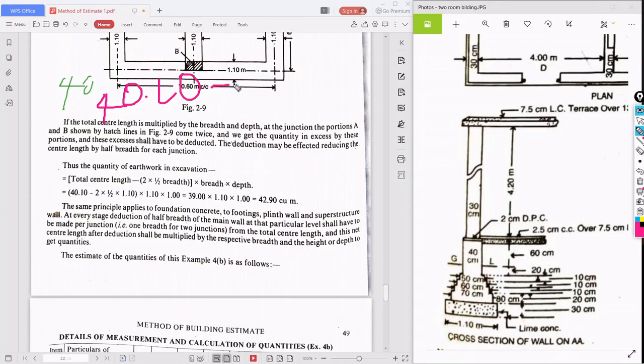40.10. Now we have to deduct what? If there is a junction, 2 into half of that item of the work. This is the formula. If there is excavation, you need to put the value of excavation. If there is a footing, for one minute, I'll let you know clearly. Okay, so what they are telling,